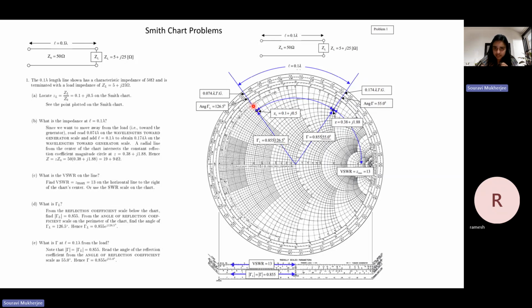So if you want to find the phase at this point, this straight line that you have drawn from the center will cut at this point. This angle here talks about the argument of your reflection coefficient, right? Wherever this point will cut, that will give you the value of the phase of the reflection coefficient at this point. Now if you want to find the value of the reflection coefficient at another distance, what you do, so you can understand